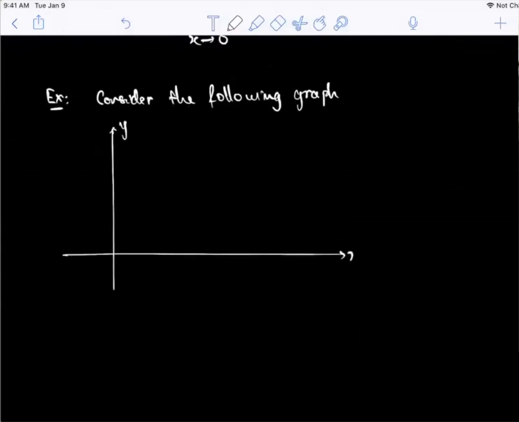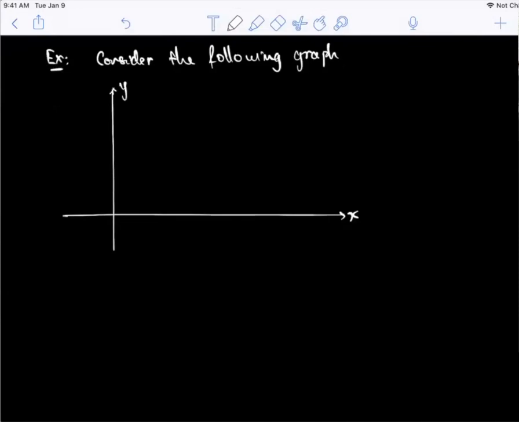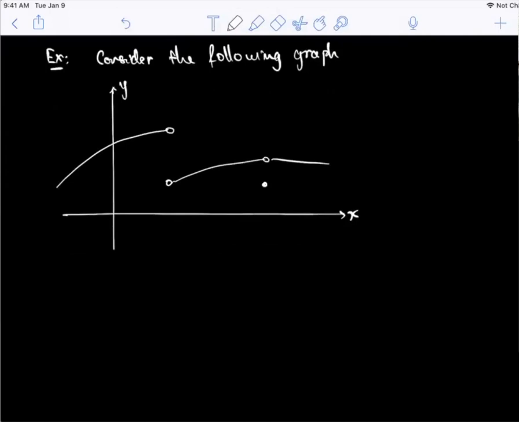So this is y, this is x. We're going to find a limit of the functions by looking at the graph. All right, so I have something like this. We have this type of a graph, right? So this is 1, 2, 3, 4, 5, something like that. And this is 1, 2, 3. So this is supposed to be like this,